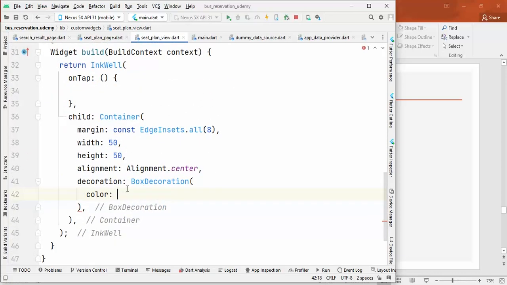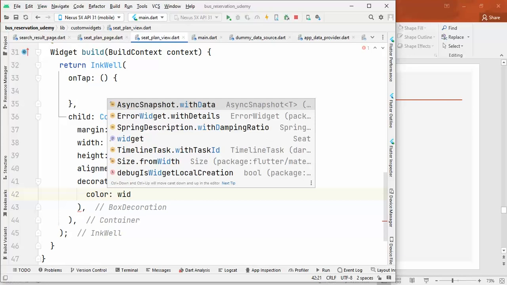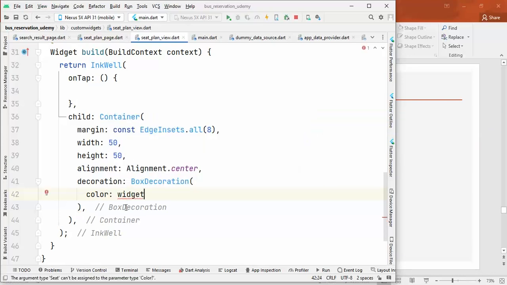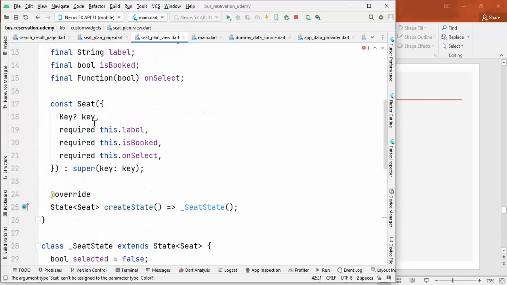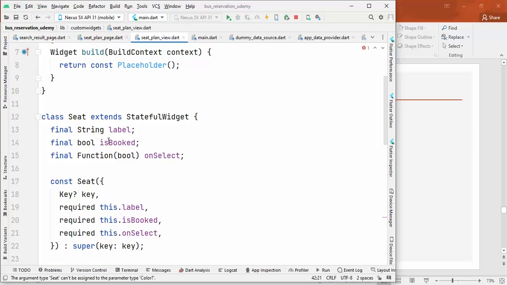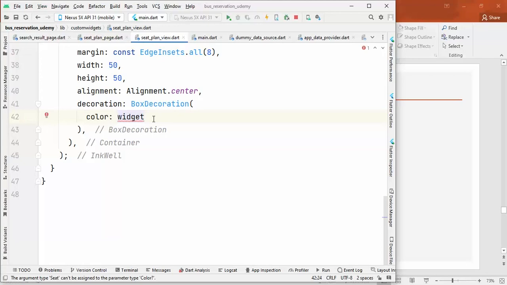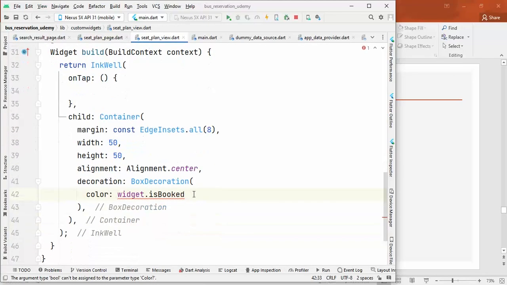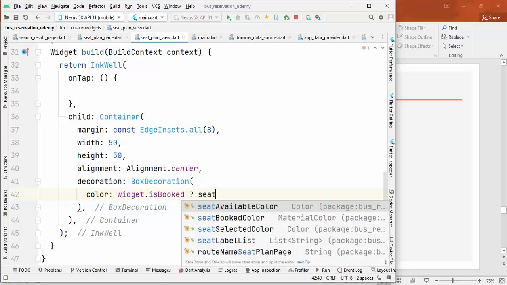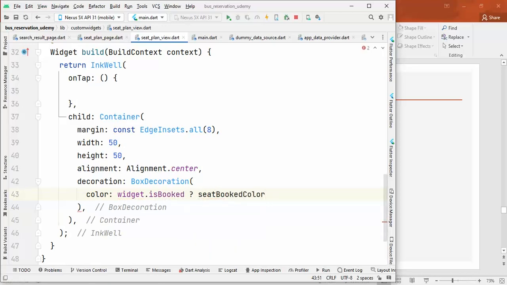So I can say the color of this container will be, if widget.isBooked, meaning if this seat is already booked, then it will have the seat booked color. Otherwise,